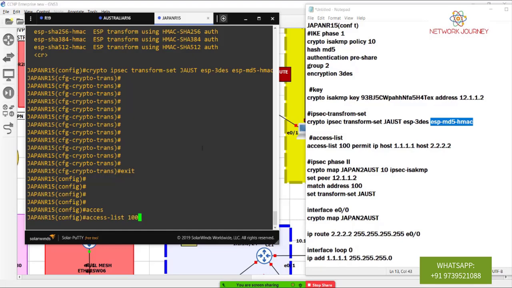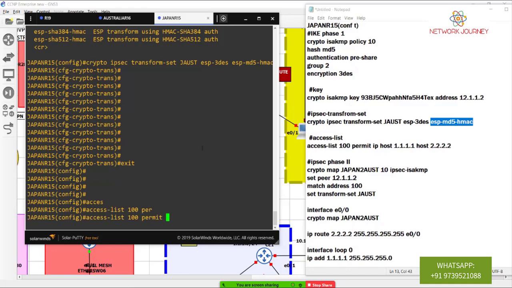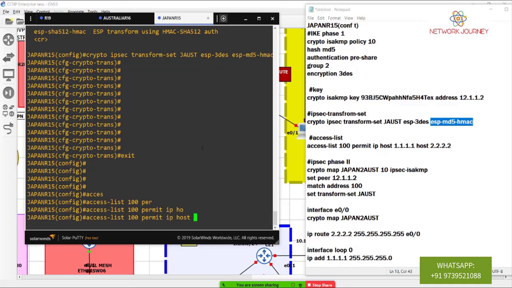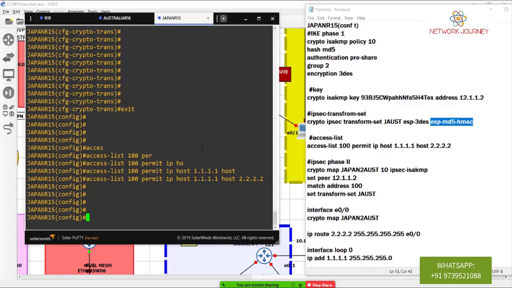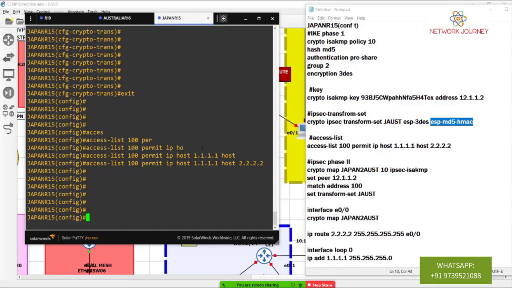So access list 100, permit only IP to IP. We are defining the two users. This is on the Japan side and this is on the Australia side. Okay, now we will go to the IPsec parameter where we have to define